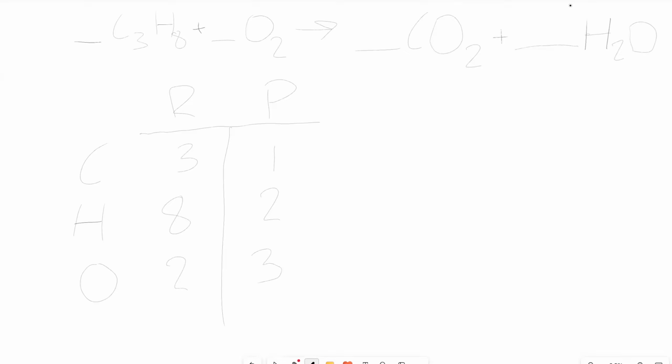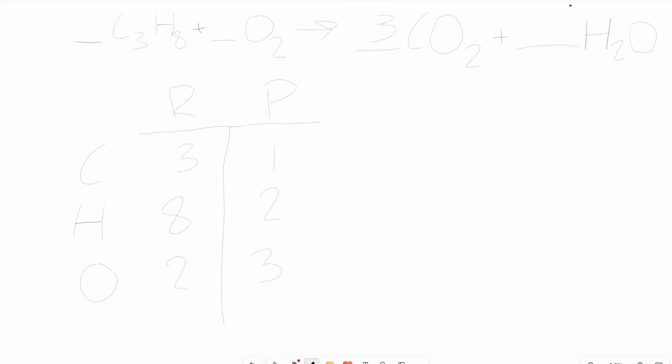Since this carbon just has 3, and on the product side it has just 1, we can multiply this, and then we've balanced our carbon. Next, we're going to have to keep in mind that this O2 now has 6 plus this extra 1 from the water. So keeping that in mind,